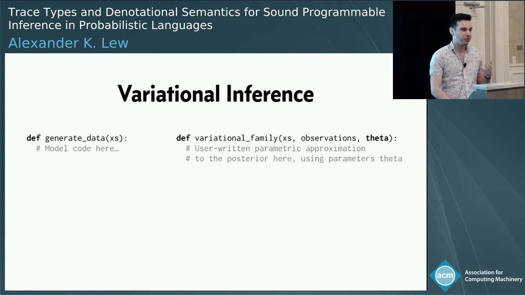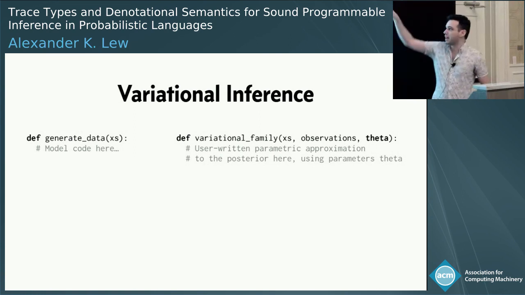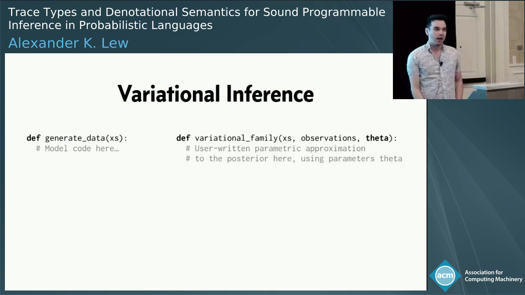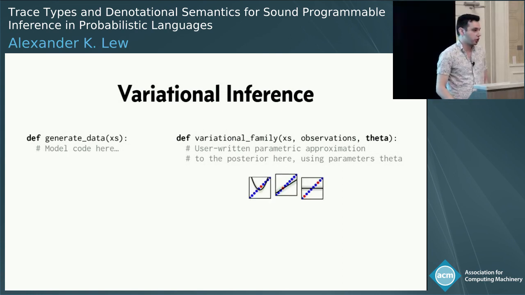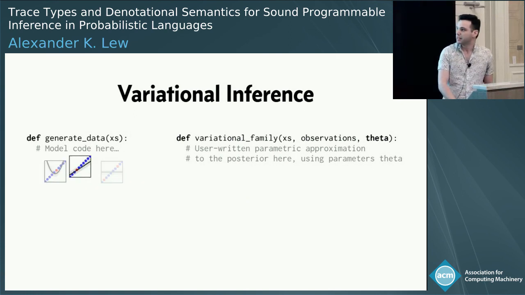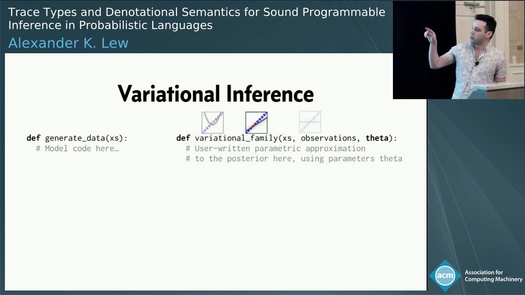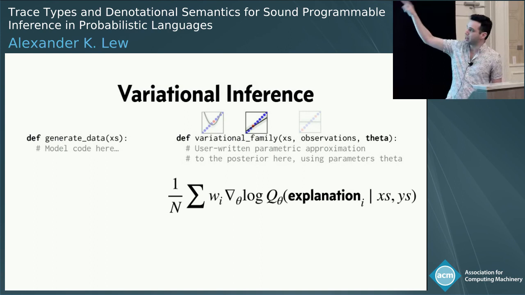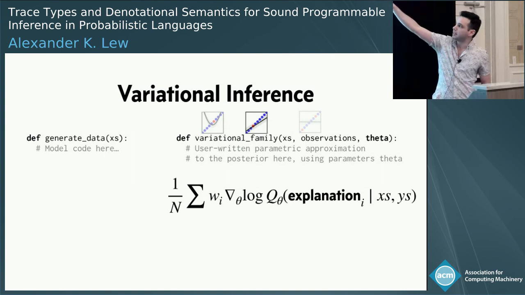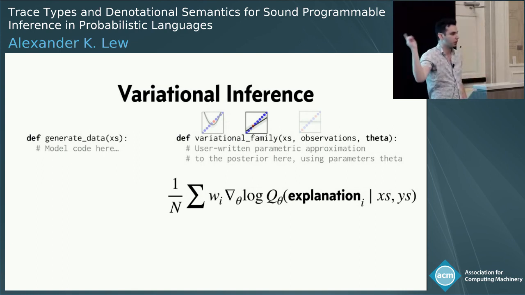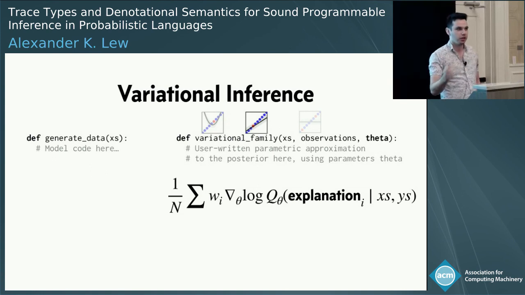Variational inference we just heard a lot about, so I'm not going to spend a ton of time on it, but it is trying to optimize a guide or variational family to match our posterior distribution. And it's going to be sampling from our guide. The training procedure is to sample from our guide, basically compute these importance weights, but there's a log in front, so we're going to weight them. And then we're going to do a gradient update where we encourage the variational family to be better, put more probability on the samples that did well and less probability on the samples that did poorly. That's what the score function estimator does. It's kind of reinforcement learning like, and it's the same objective that shows up in certain reinforcement learning algorithms. Okay?